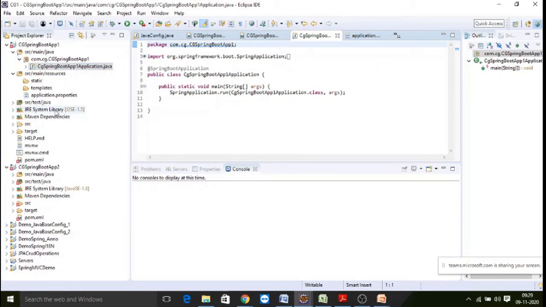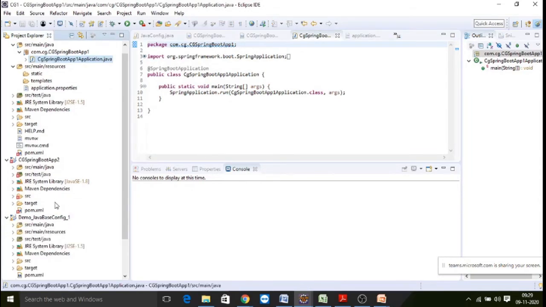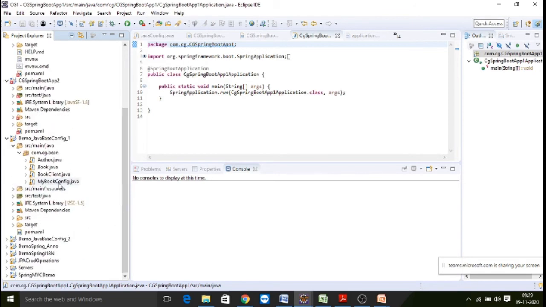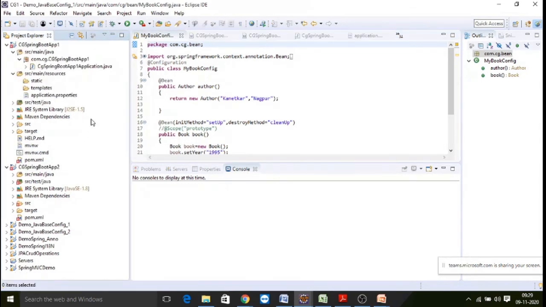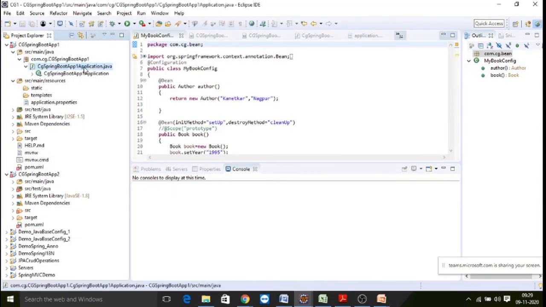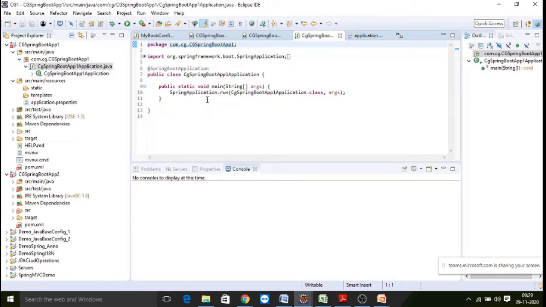There is no XML file, there is no configuration file. If you look into the previous Spring files, you can see you had a configuration file. We needed to write this configuration, we needed to write configuration beans, all this stuff, but all that has been eliminated now. We don't need all that, we will have only this class. In this class you use one annotation called @SpringBootApplication. The class should be annotated like this. If not, it cannot run on a server.